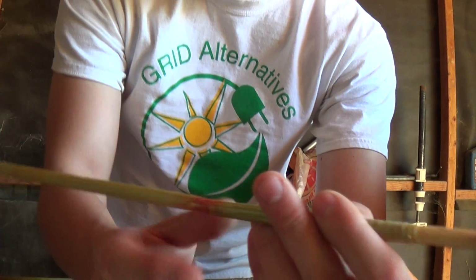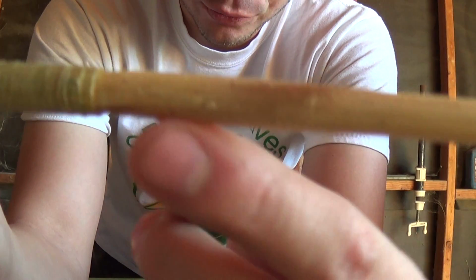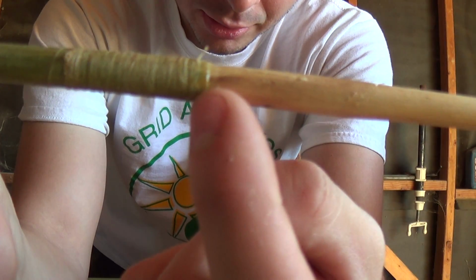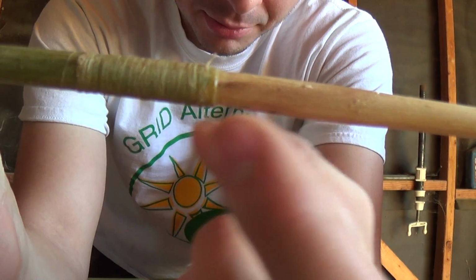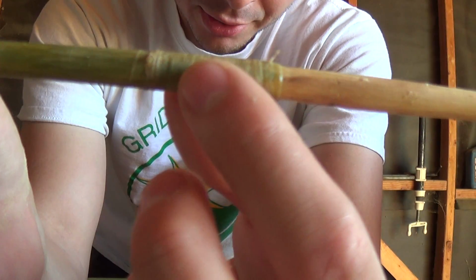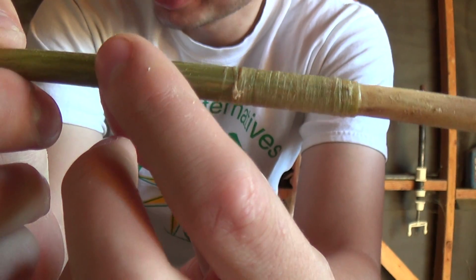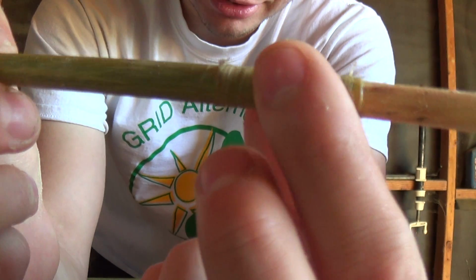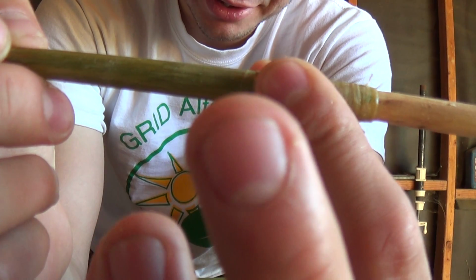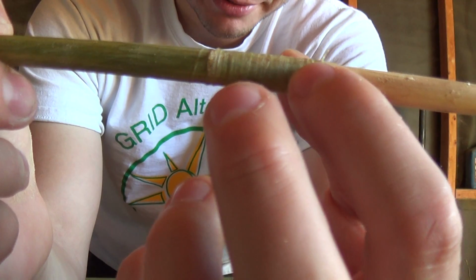And so on cane arrows, what you want to do is always wrap the end of the arrow where your foreshaft is. As you can see here, it's a different type of wood, and so where your main shaft meets your foreshaft, you always want to wrap some sinew there to protect it. I heavily coated this with Knox gelatin to make sure it doesn't come apart, and to make sure that it holds this in place, because if this doesn't hold, the arrow is going to start splitting from here, especially